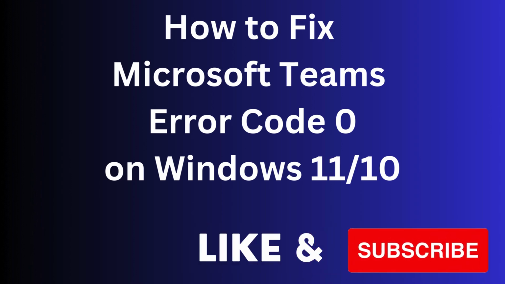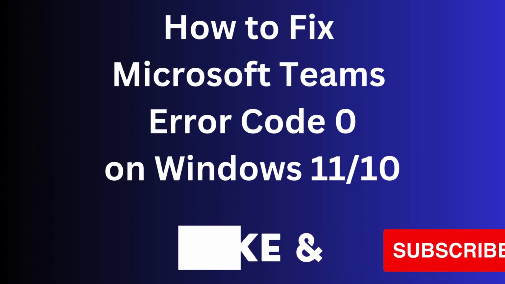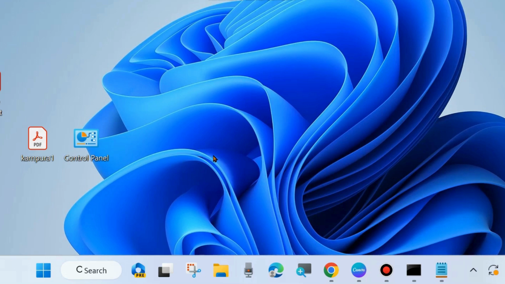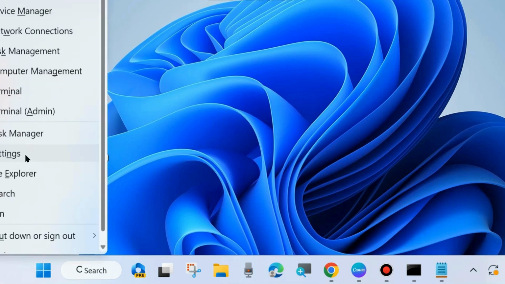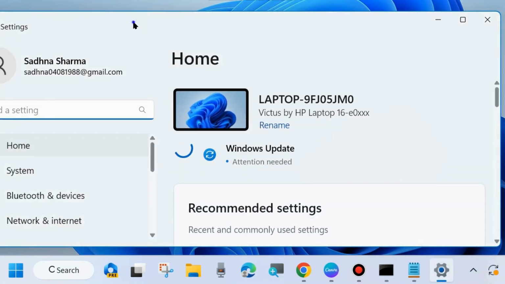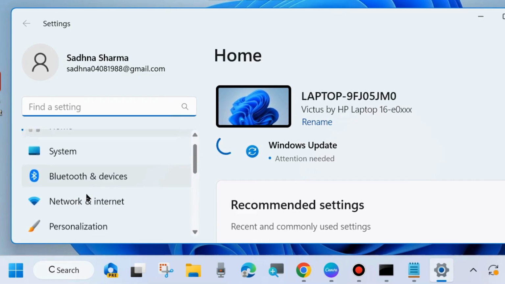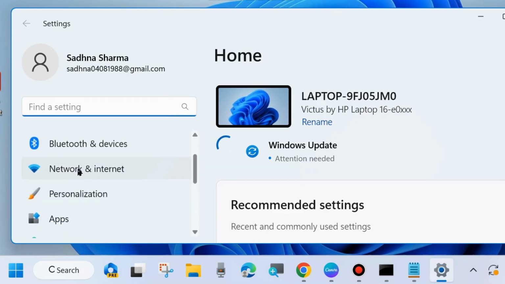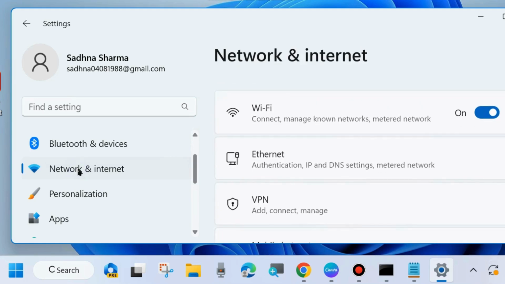In this video, we will see how to fix Microsoft Teams error code 0 on Windows 11 and 10 system. If you are also facing Microsoft Teams error code 0, then here is the process. Right click on the Start button, choose Settings, and here from the left side, go to Network and Internet, click on